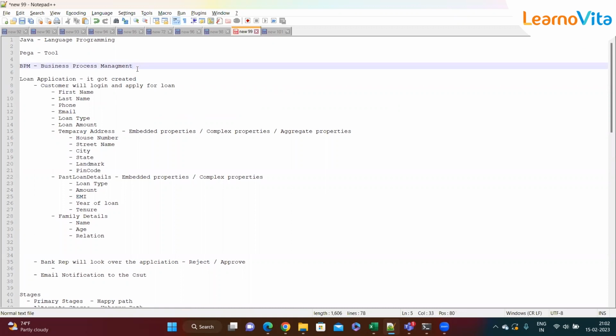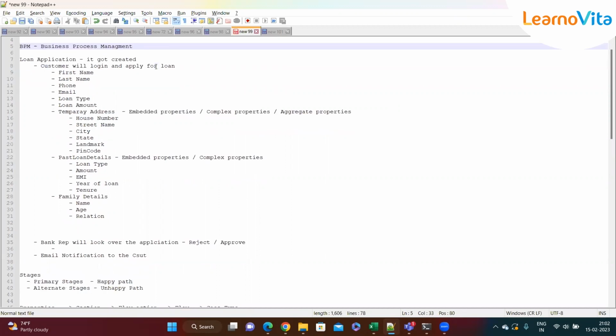We have seen what PEGA is. It's a BPM, a business process management tool, in which we can design all our processes and everything. As part of our learning, we are also creating one process called a loan process, in which a customer of a bank